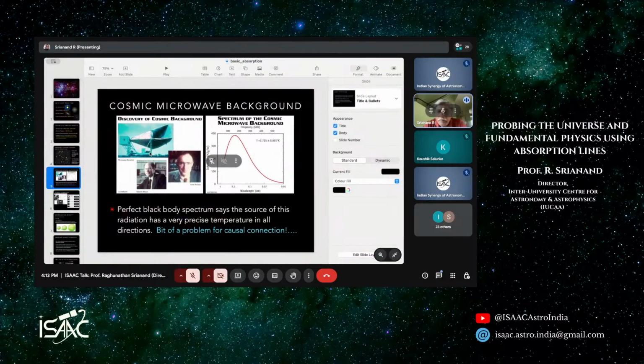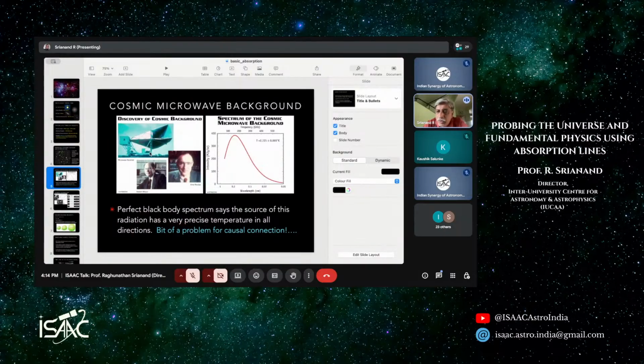And if you map them very carefully, you find that this is almost like a black body radiation with a temperature of about 2.7 Kelvin coming from all directions. So it looks like it is omnipresent. It is called background, meaning this radiation is there everywhere, in every direction, with a uniform precision. If I look at one direction and look at some other direction and make a measurement of temperature, the temperature is extremely accurate, and today we know that it is accurate at the 5th decimal place.